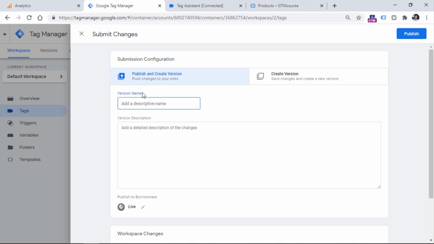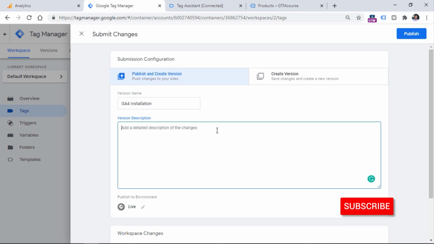Also, I highly recommend that you enter at least the version name, because if you don't enter, then the list of your versions will not be very descriptive. And if you want to quickly find what functionality was implemented when, well, seeing the list without version names will make that process much more difficult. That is why I always enter at least version name. Something like that will work just fine. Of course, if you want to include some additional description right here, feel free to do so.